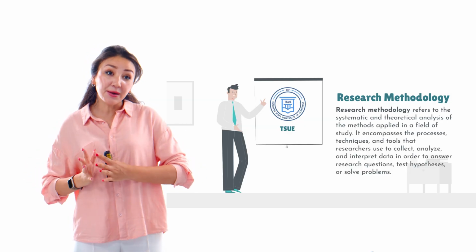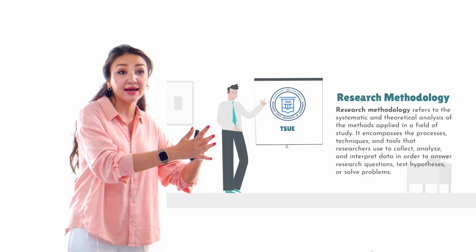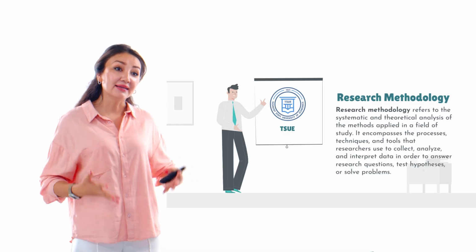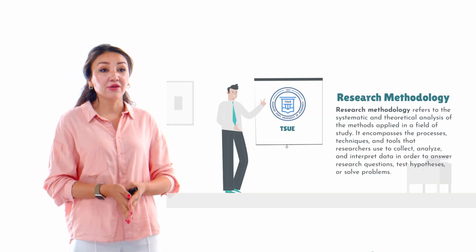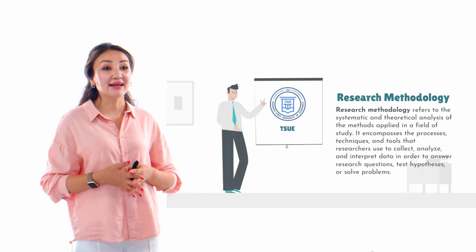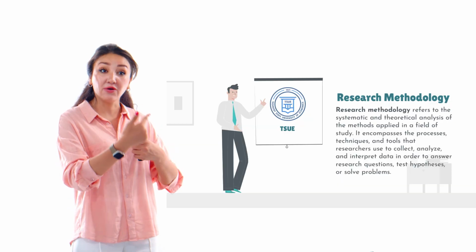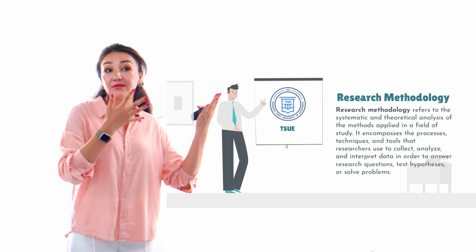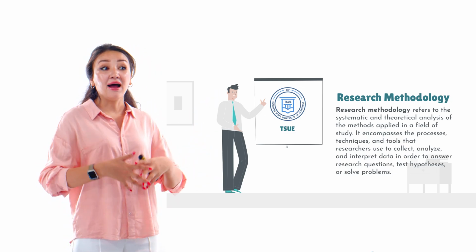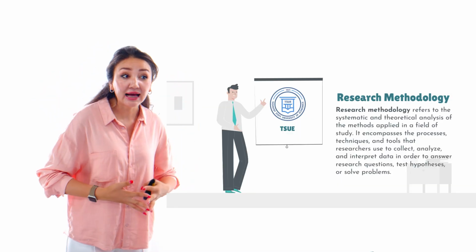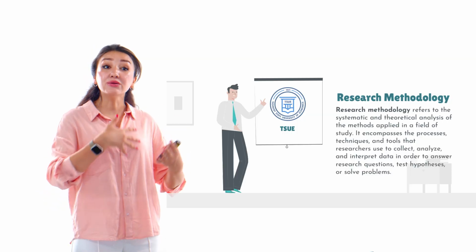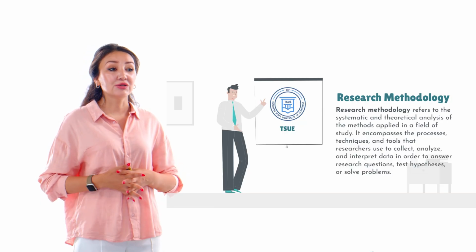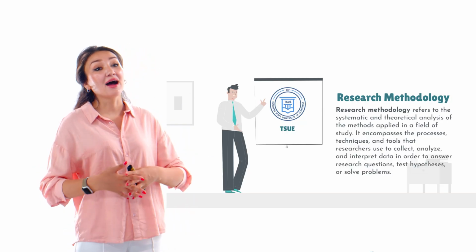If one step is missing or another step is extra, that research is not complete. In order for research to be fully complete and well done, it has to follow certain steps, and it has to be systematic all the time, like a flow following each other. It definitely focuses on the process: what kind of techniques we use, how we collect the data, how we analyze, and how to interpret our results